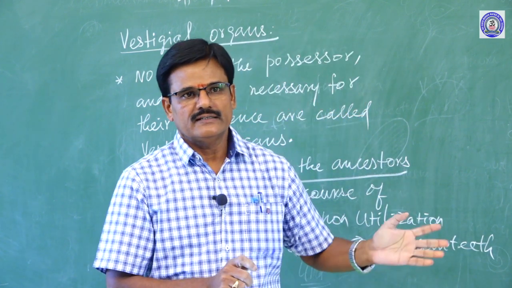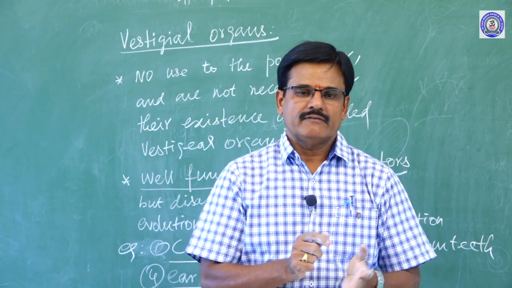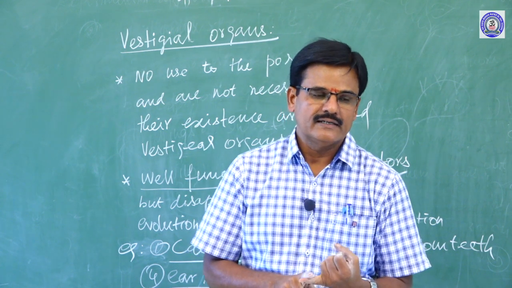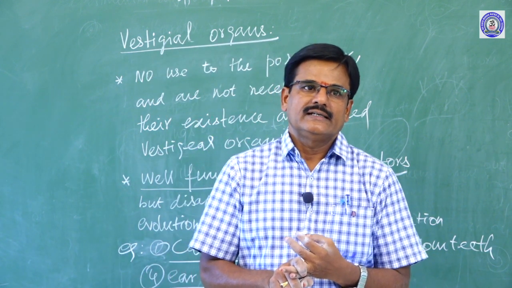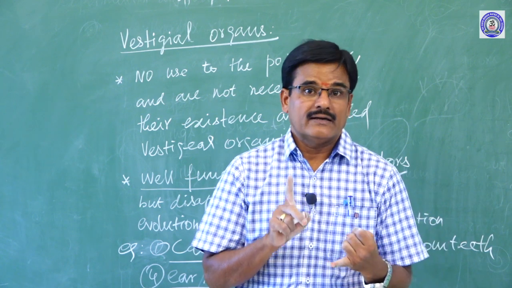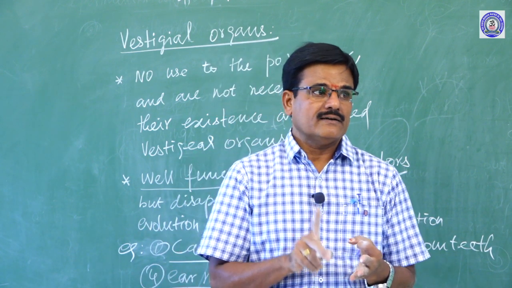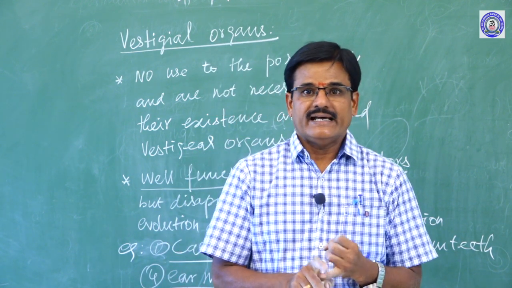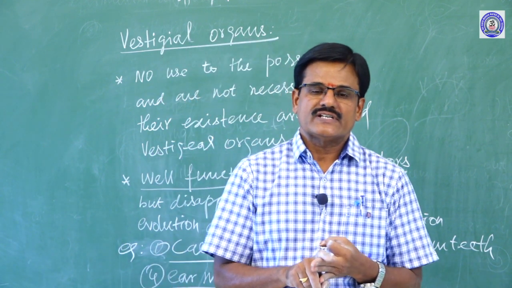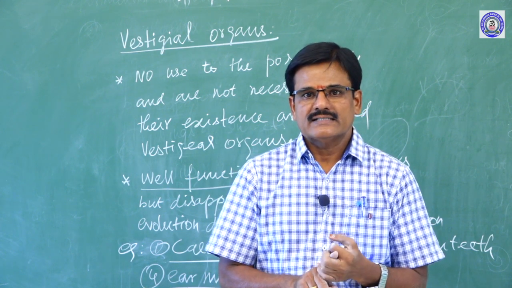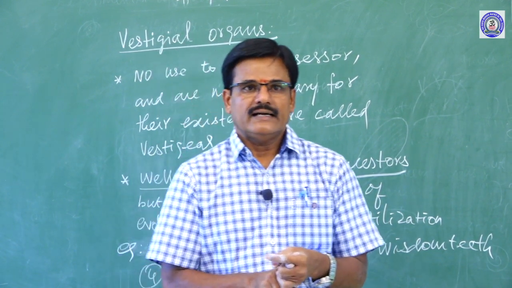Dear children, you go through this video and observe all these teachings. If you have any doubt regarding this, you may contact me over phone or WhatsApp. What we already saw: Urey-Miller's experiment, then biological evidence of evolution. In that I told paleontological evidence, fossils, then fossilization. In that there are three categories: one is actual remains, second is petrifaction, third is natural molds and casts. Then I taught the structures: analogous structure, homologous structure, vestigial organ and connecting link.